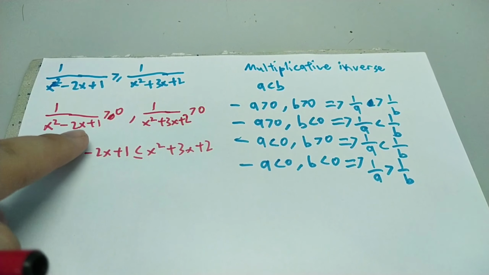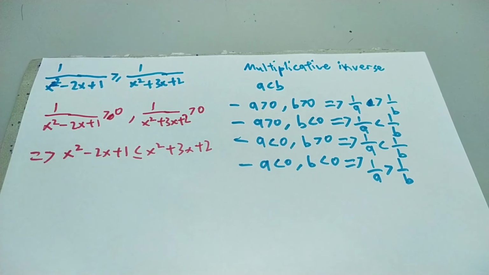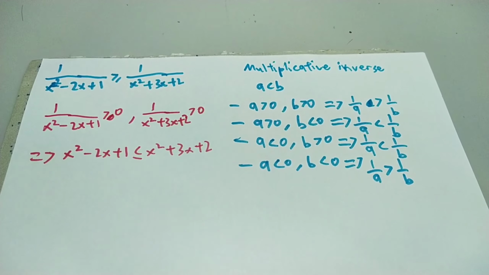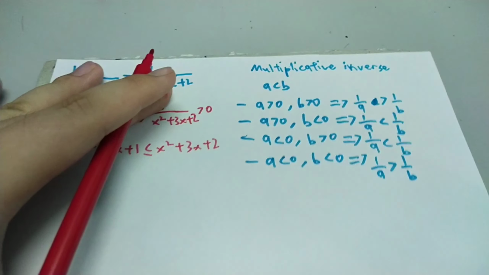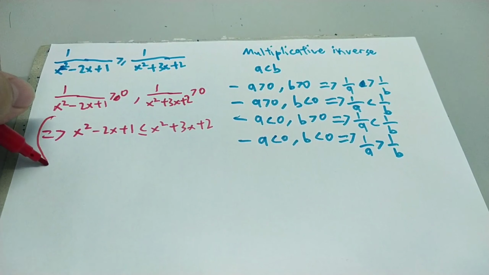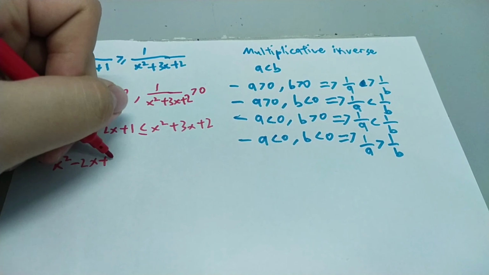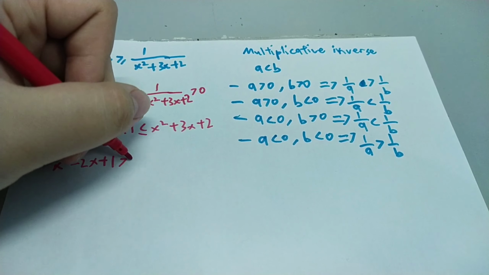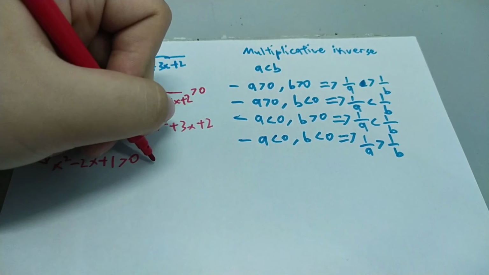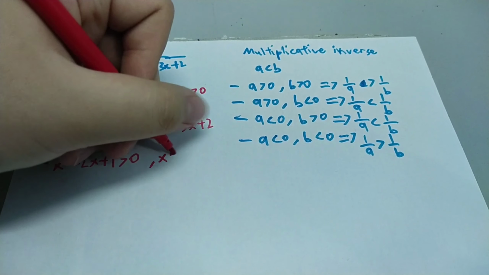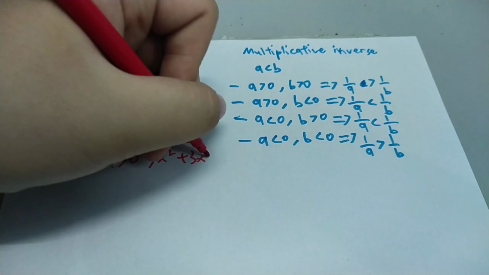Now our job is to make this positive. So in order to solve this, x squared minus 2x plus 1 must be bigger than 0,